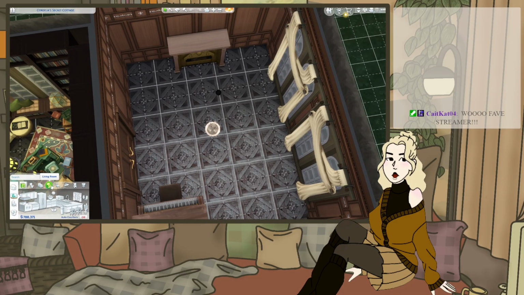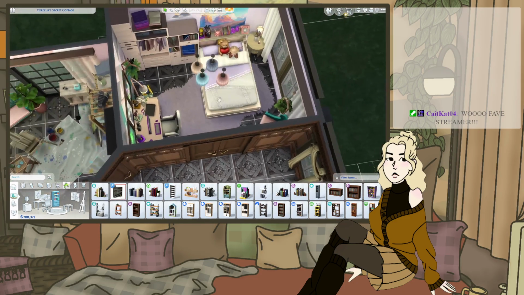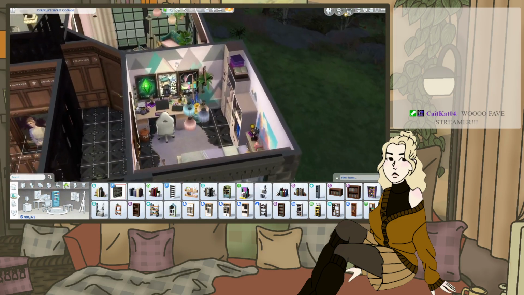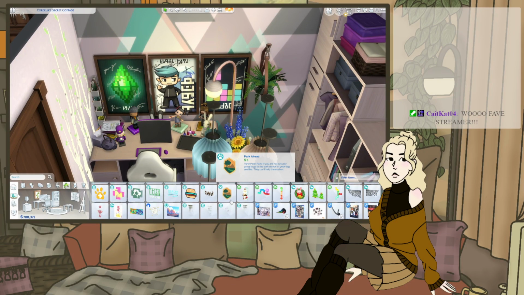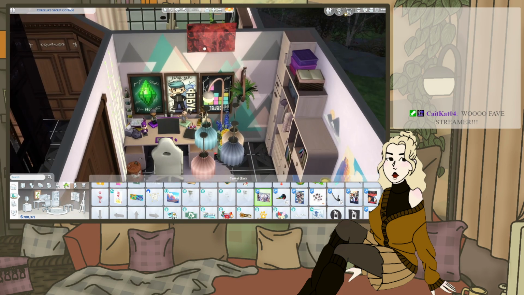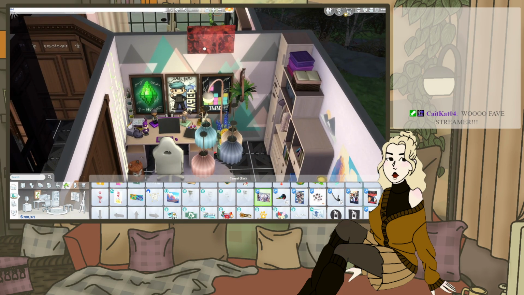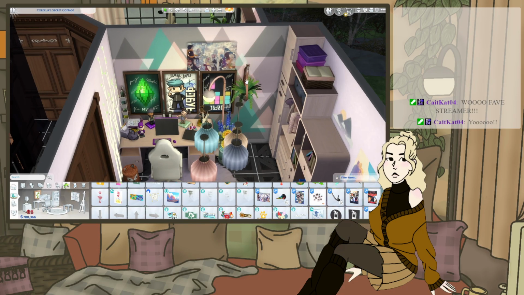And I actually have CC now, so I have a bunch of anime stuff for Kate's room. Quick, hold on. I'm literally not joking. I have a bunch of stuff. Wait, there. Okay, so I'll hold on. See. Okay. So like,